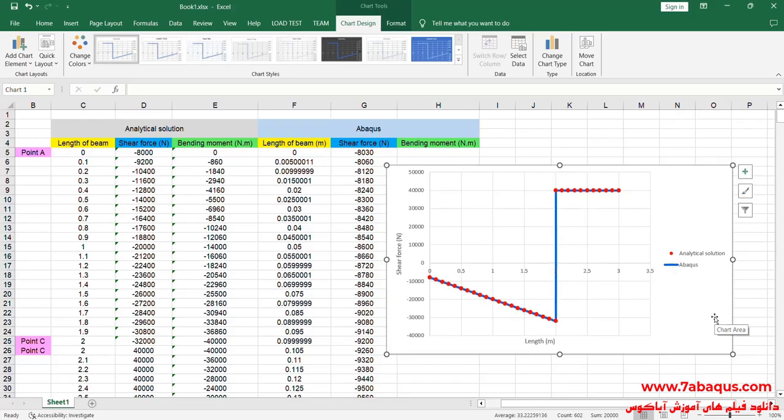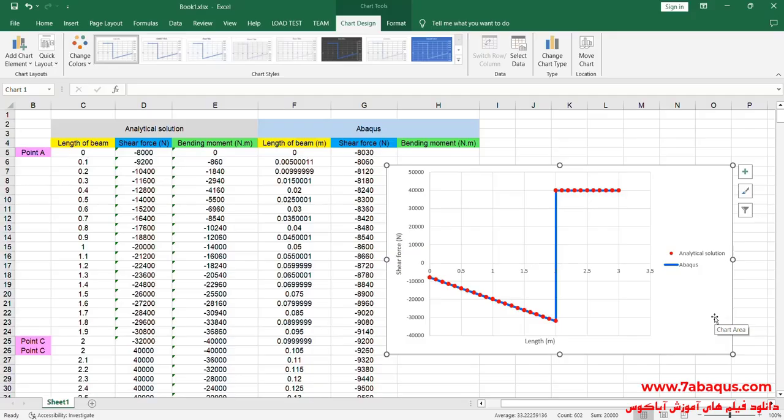Here, the diagram drawn with red color is related to the results of the analytical solution, and the diagram drawn with blue color concerns the Abaqus software. As you observe, the results obtained from the Abaqus software are exactly concordant with those of the analytical